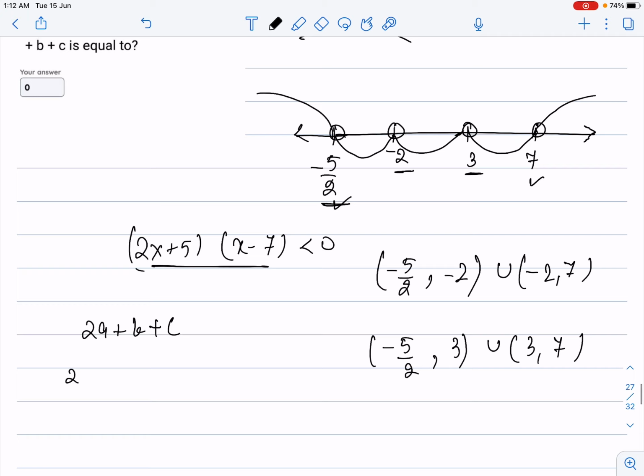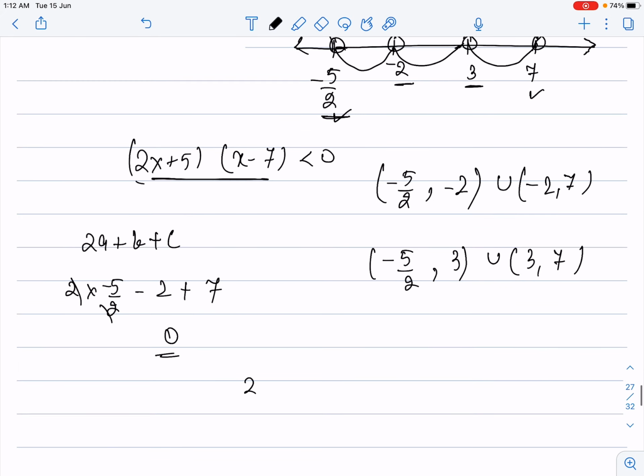So 2 multiplied by minus 5 by 2, then B is minus 2 and C is what? 7, you know. So it's minus 7 plus 7 is equal to 0 for the first case. The next case I will count as minus 5 by 2 plus 3 plus B is C. Again 3 I have written already, no? So here it will be plus 3 plus 7. Okay, so we could have the answer as minus 5 plus 10, that is 5 also is the answer for